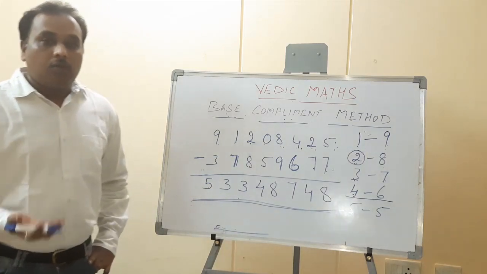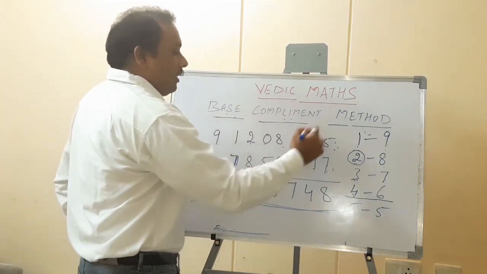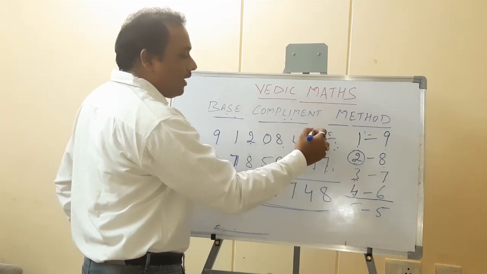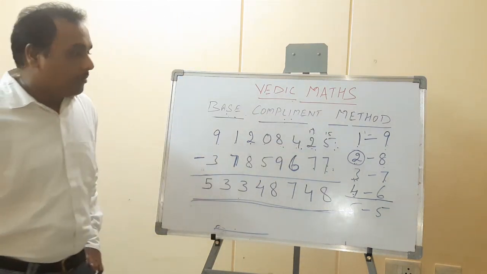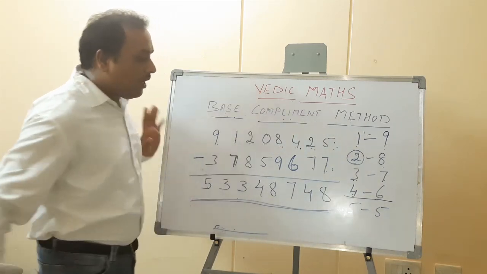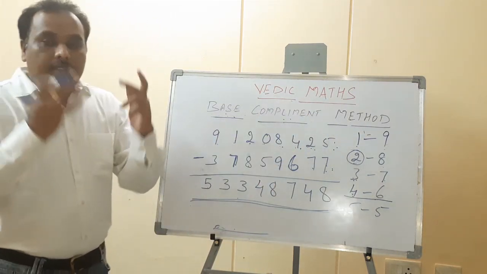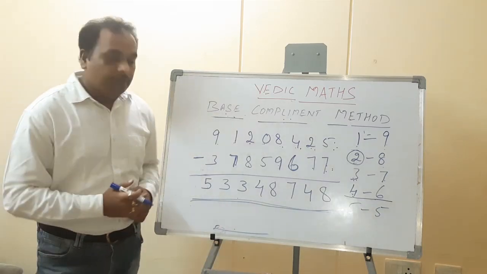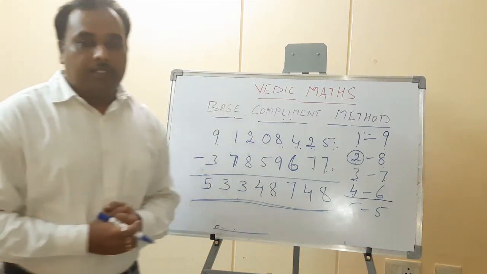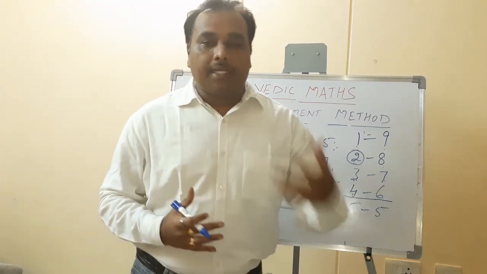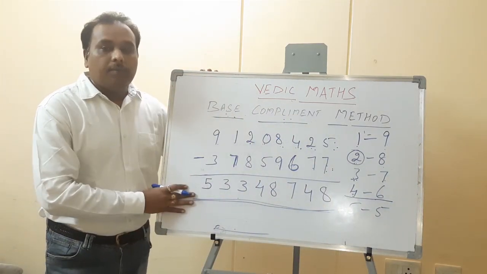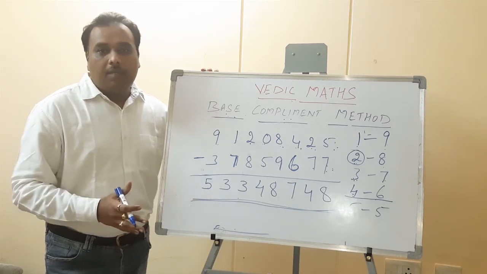So normally in your school what have you done? You are borrowing here, then you are making it 15, you are making it 12, or making it 11, like this. Lot of strikes will be there. But if you follow this Vedic method, base complement method, you don't have any strikes, and only by thinking in your brain you can make these kinds of sums very easily. So I think you understood the easy method of subtraction. Practice makes man perfect. If you practice, then this method will be very easy and you can solve any problems easily.